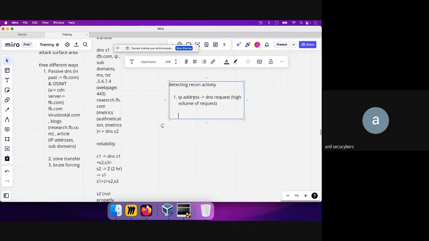For example, a normal scenario will be one user making, let's say, 10 DNS requests every 5 seconds. But let's imagine that there is one user who has made, let's say, 1,000 DNS requests in just 10 seconds.